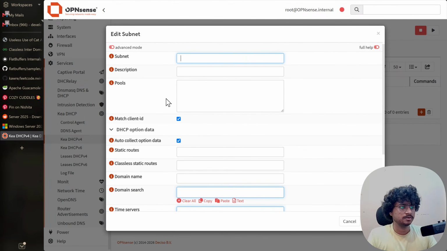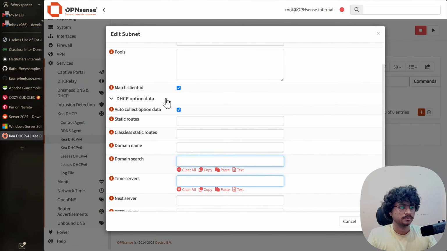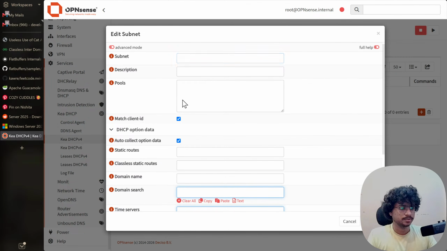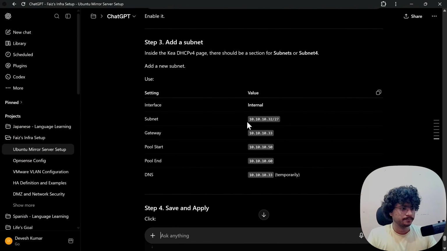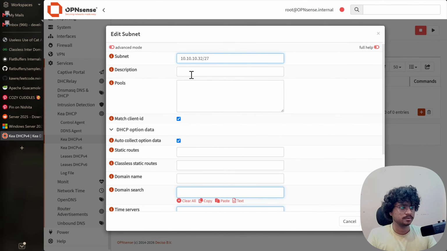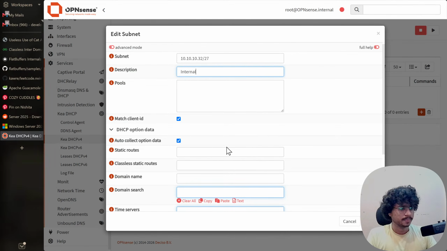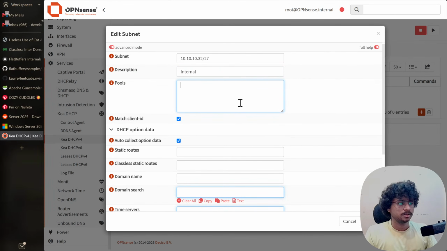Interface internal. Domain name, domain search. Yeah, this is the right subnet, but description internal maybe. Pools. Pool start 50, pool end 60. Hmm.